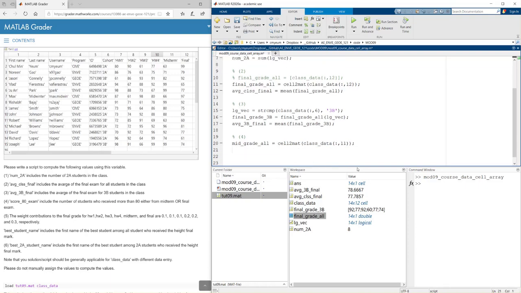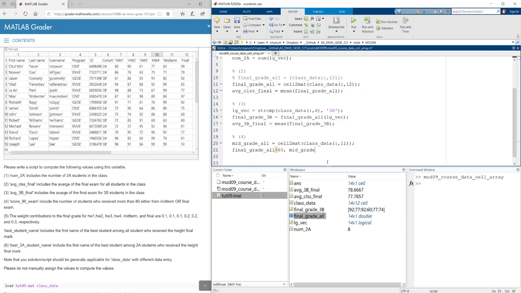Okay. The next step is we are going to find out which students received more than 80. So final grade all more than 80. But in this case, we are going to find the students who received more than 80 either from the midterm or the final. So